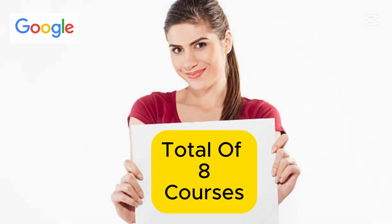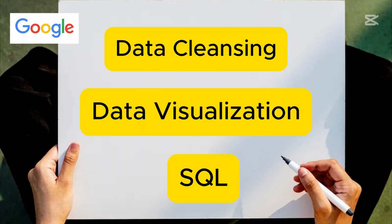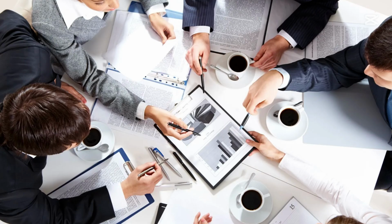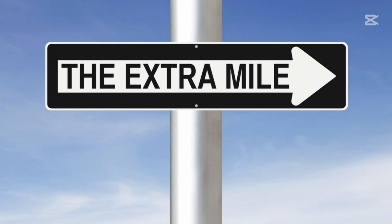The program consists of 8 courses covering everything from data cleansing to visualization and SQL. Expect hands-on labs, projects, and real-world case studies. So what topics are included in the certification? Foundations of data analytics, data cleansing and preparation, data visualization, database decision-making, SQL, and R programming. If you want to go the extra mile,